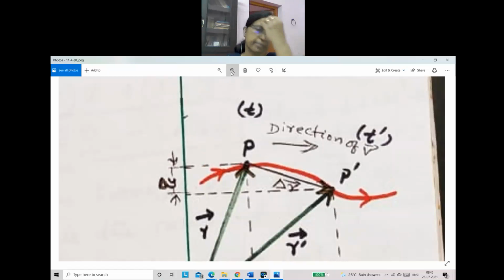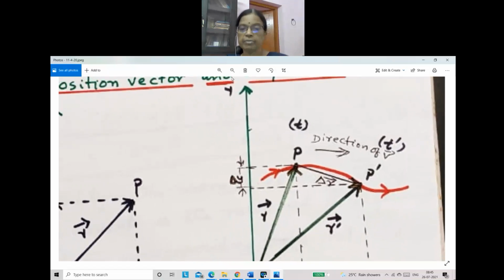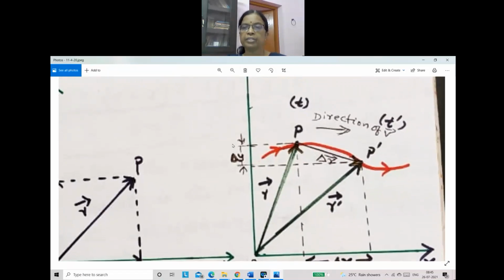See, derivation question is not there. Just study all the formulas and do the problems. Actually, derivation will not be there, but everything you should understand. What is position vector? Everything you should know. But only first term, it will be multiple choice questions, assertion based questions, case study based questions. Concept must be very clear. Even though derivation is not there, you should have a very clear picture. Then only you can answer the question.